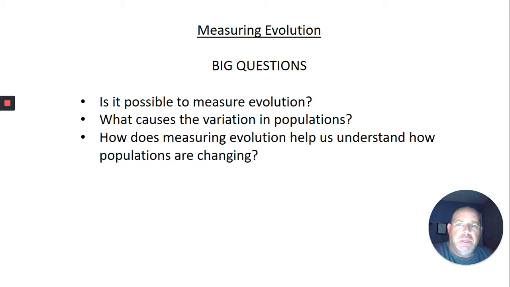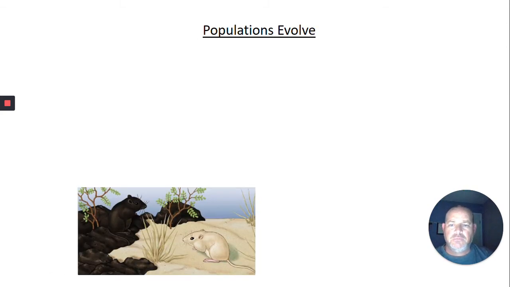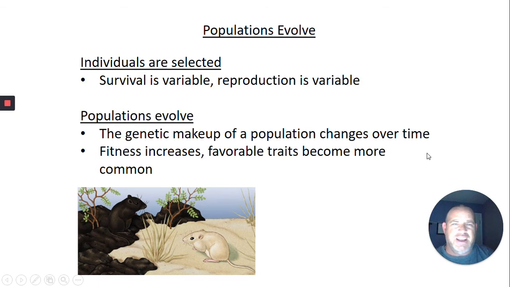So, big questions for this unit. Is it possible to measure evolution? That's kind of a weird question, but we're going to dive into it and see how we might go about measuring evolution, and then what causes the variation in populations, and how measuring populations would help us to understand things. The first example here, I'm just going to go through kind of quickly